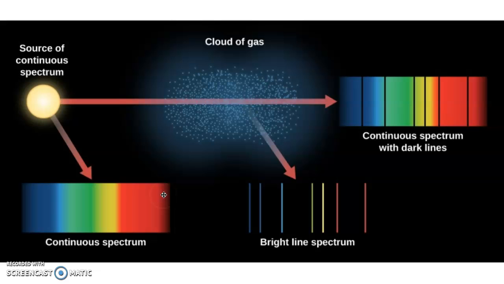What wavelengths are those? Those happen to correlate perfectly with the energy levels of specific elements, right? So the electrons in the gas will absorb wavelengths equivalent to the photons of energy that it needs to jump